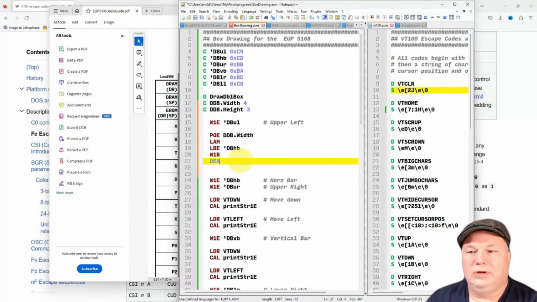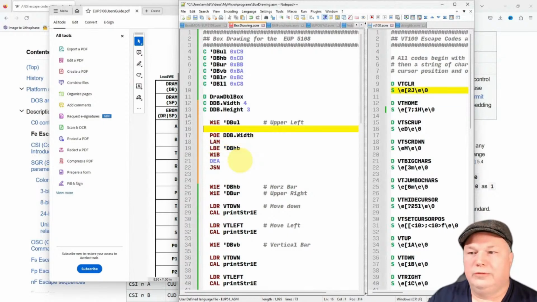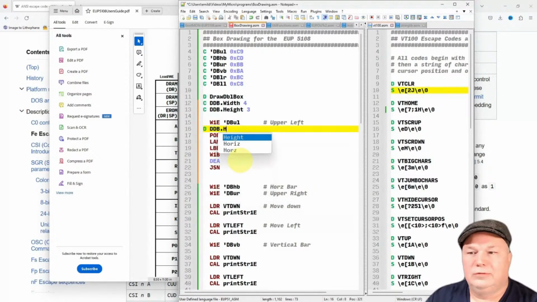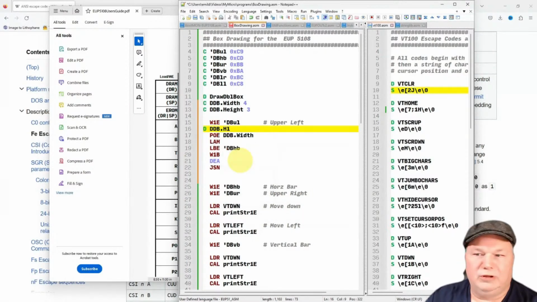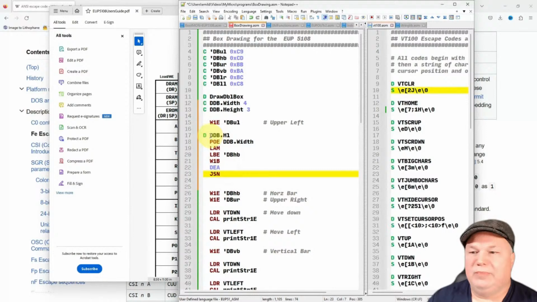Then we're going to decrement the A register. So we subtract 1 from A. Then we're going to jump a small distance, if it is not 0, back up to this point. So let's define this point as draw double box dot horizontal line, something along those lines. It can be whatever you want it to be, however readable you need it to be. So now we're going to jump back to this location